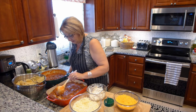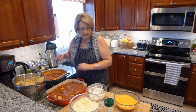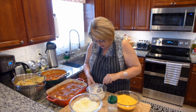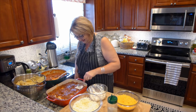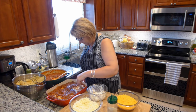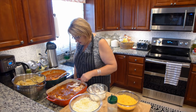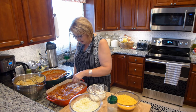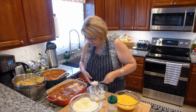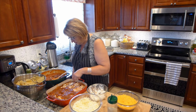Okay. So now on our final layer, again, cottage cheese. Now this was the large container of cottage cheese that I used, and depending on how many you make, for this size, it's going to be that one of the large. But if you make smaller, or two of the large size here, you'll definitely have to pick up two,